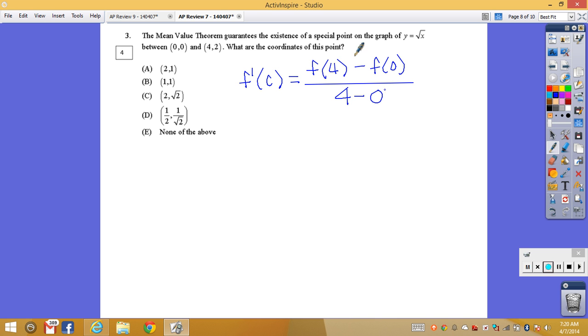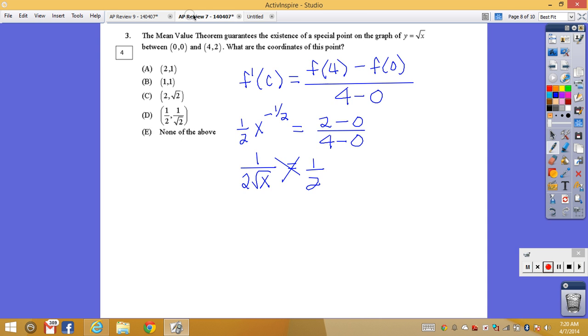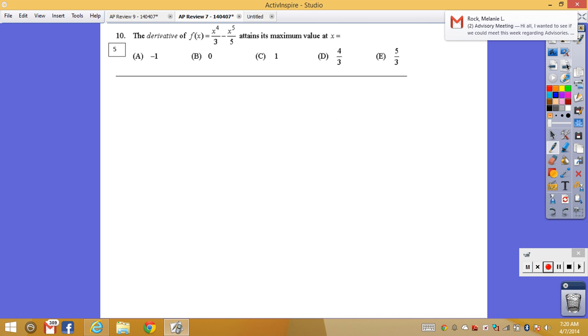In this case, the derivative would be 1/2 x to the negative 1/2, which I would rewrite as 1 over 2 square root of x, is equal to f of 4, which is 2. F of 0 is 0 over 4 minus 0, and we end up with 1/2. I'd probably just cross multiply. Oopsie. I have no idea what I just did. There we go. Please make sure that you go through